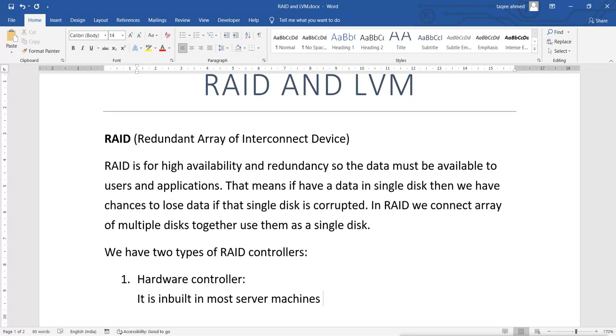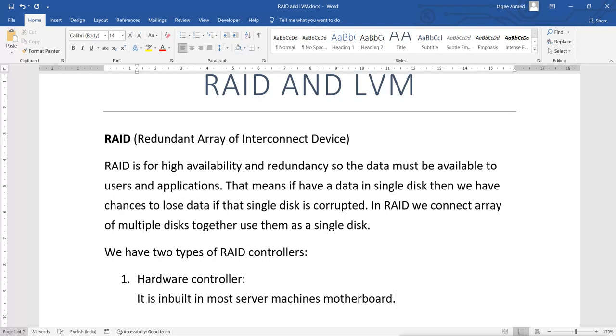So it is inbuilt in the server machine's motherboard. On a normal desktop machine, you don't get this hardware controller. You will always get it in the motherboard of server machines. So whenever you get a server machine, you will get the option to manage RAID from the hardware side, apart from the software side.